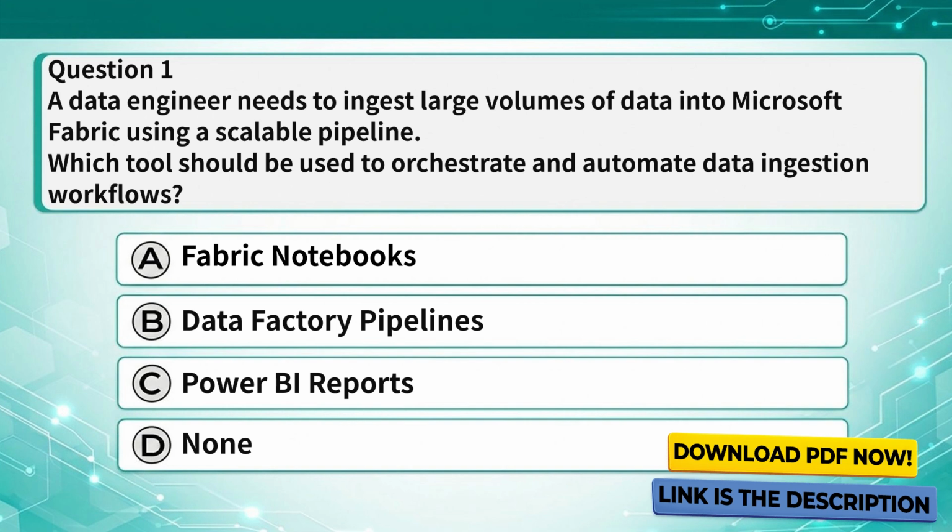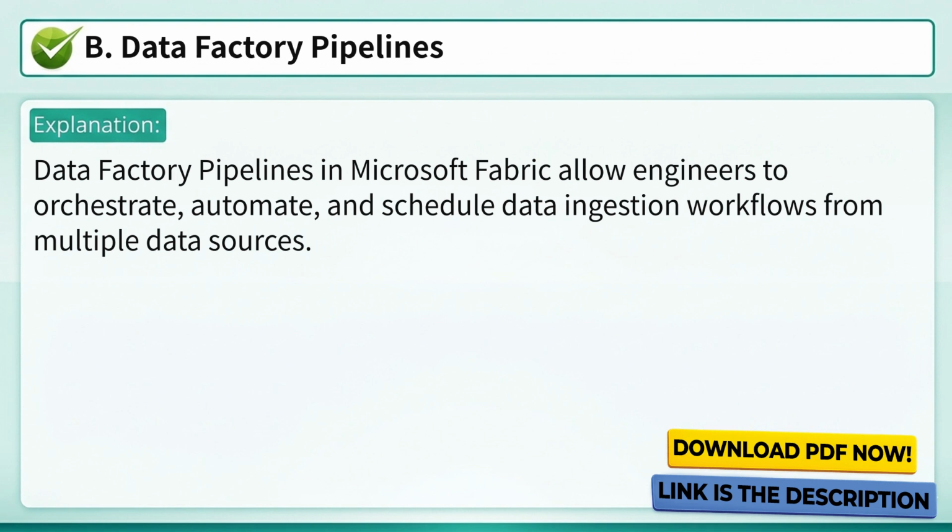Question 1. A data engineer needs to ingest large volumes of data into Microsoft Fabric using a scalable pipeline. Which tool should be used to orchestrate and automate data ingestion workflows? A. Fabric Notebooks. B. Data Factory Pipelines. C. Power BI Reports. D. None. Correct answer, B. Data Factory Pipelines. Explanation: Data Factory pipelines in Microsoft Fabric allow engineers to orchestrate, automate, and schedule data ingestion workflows from multiple data